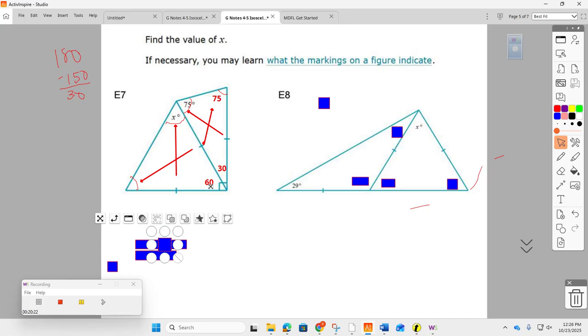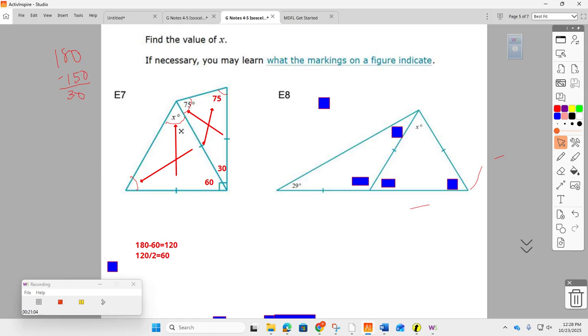But Elizabeth showed us how to find the answer earlier. If we know this is 60, we take that and subtract it from 180. These have to have the same measure. So if you have two numbers that have to have the same measure, you just divide that by 2, right? So it's 180 minus 60, which means that these two together are 120. So it means that these angles are 60,